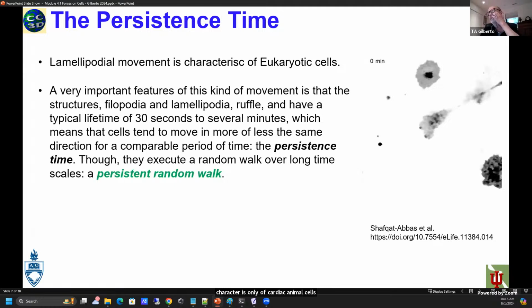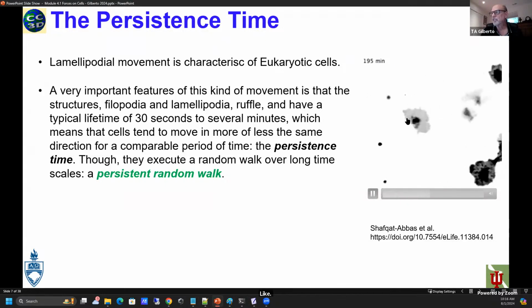And a very important thing, as I mentioned before, characteristic of this movement is the existence of a persistent random walk. What does that mean? It means that if you look at the cell movement over a long time, you have a random walk. But if you decrease your window of movement, you have a persistent walk, like that one in the movie. The cell oscillates in some region, like here,